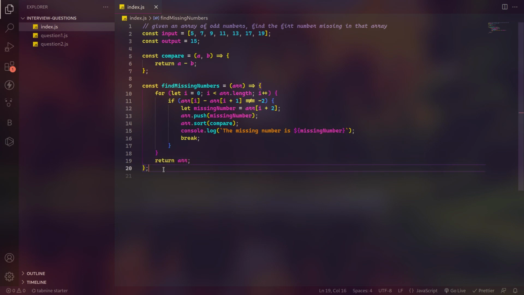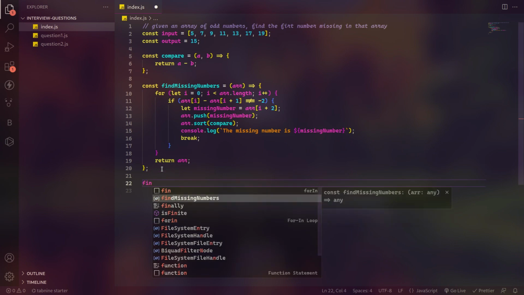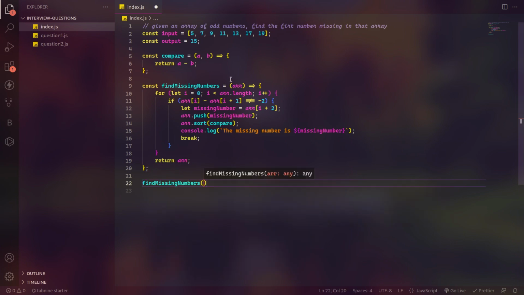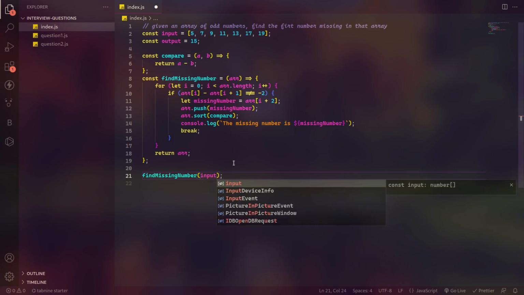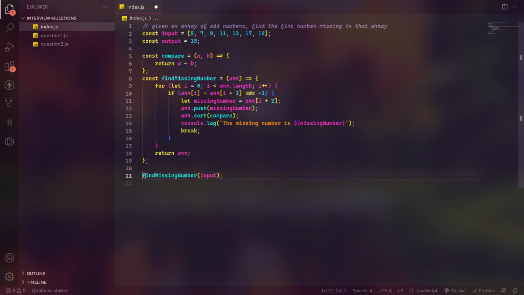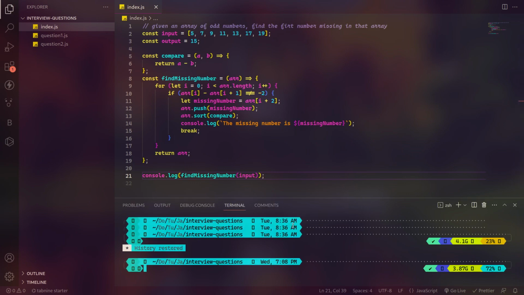Okay. So now if I run this, I'll say find missing number. Instead of numbers, we can go for number. It's going to take an array, so the array is going to be our input. And then we need to console log this, because it's returning something, obviously. So if we console log that, and open up our terminal and say node index.js,